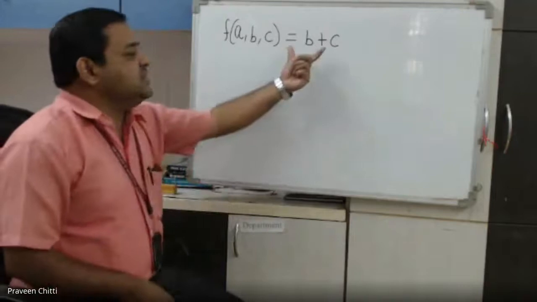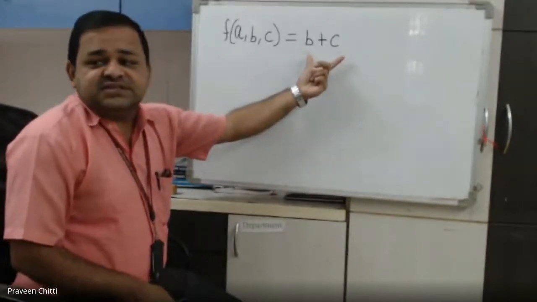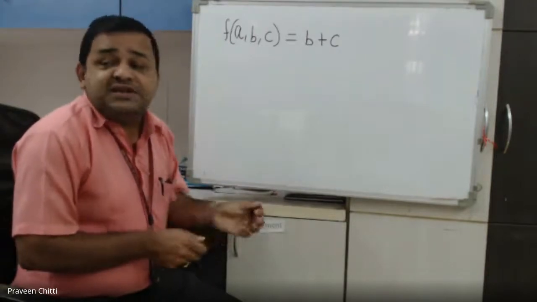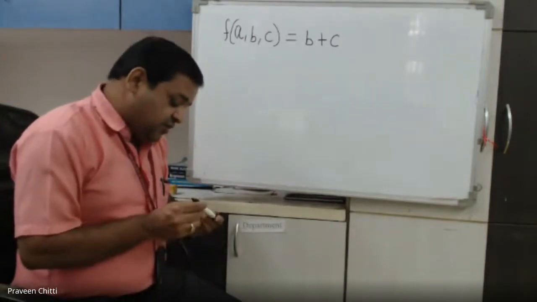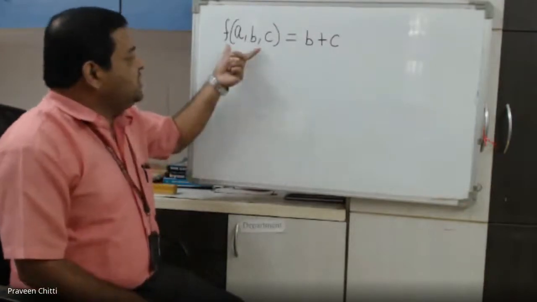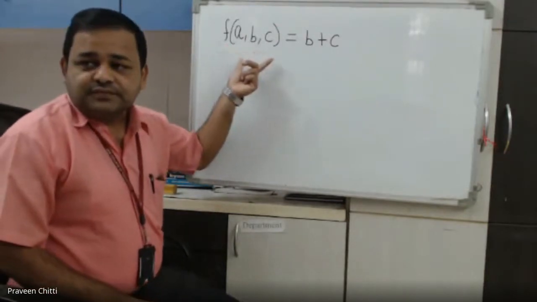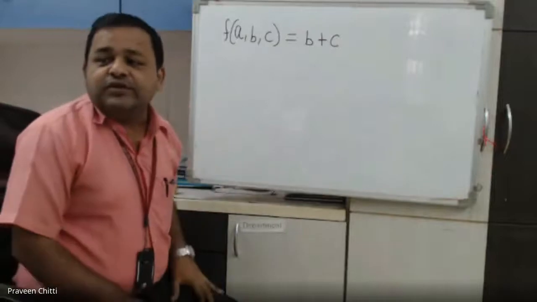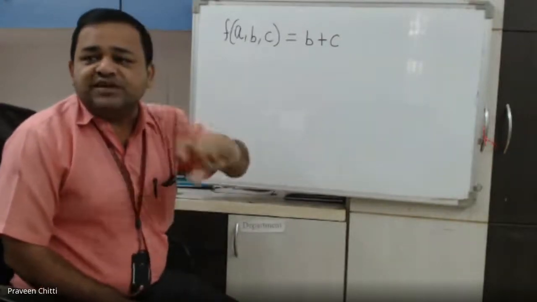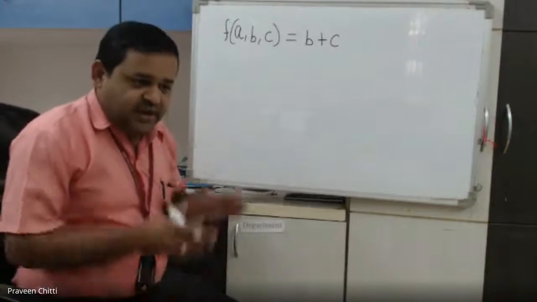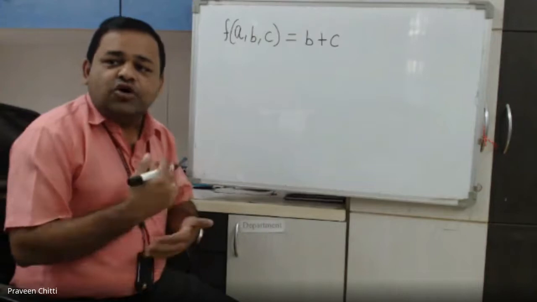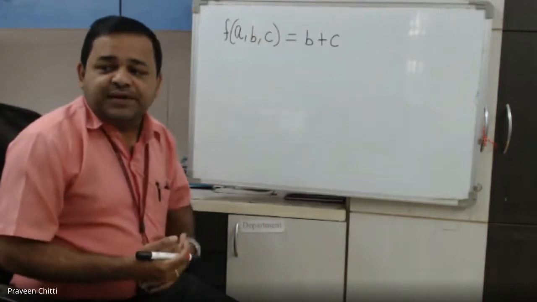Now the question is, how can we bring this equation into standard SOP form, in terms of all the min terms? For that, how many variables are there in this expression? Three variables. So every product term must have three variables, or three literals, either in complemented or uncomplemented form.